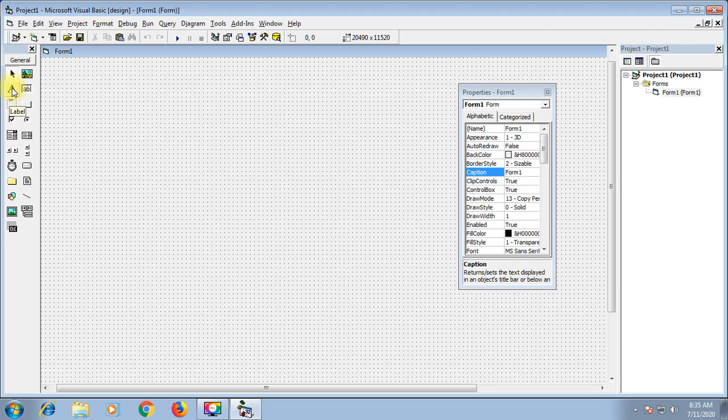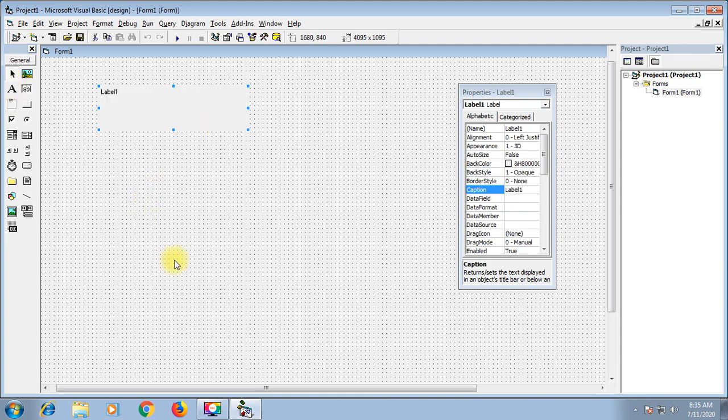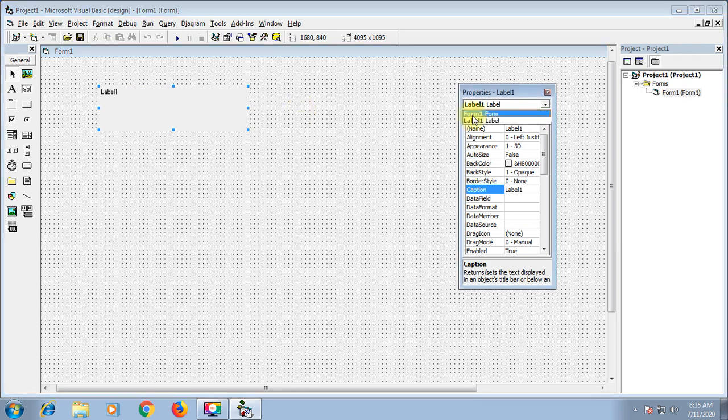Right now I am taking a control. The name of the control is Label. I am taking this on my screen, rather, form. So guys, this is the form on which I have taken one control. The control is Label. Now look here in the Properties window. In the Properties window we have Form1, Label1.